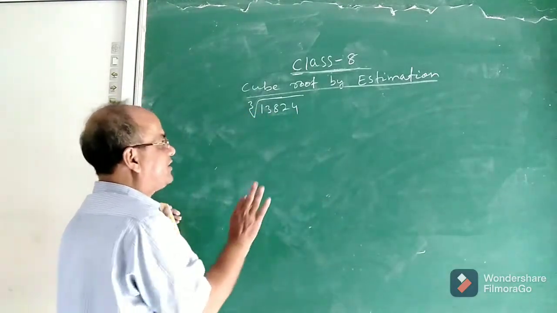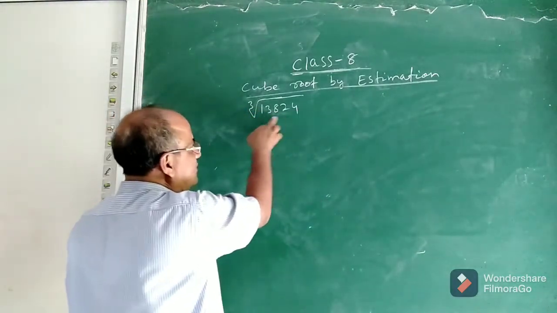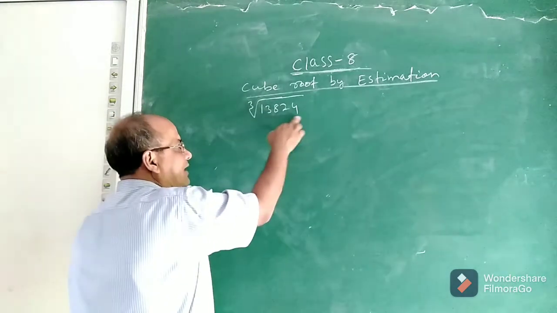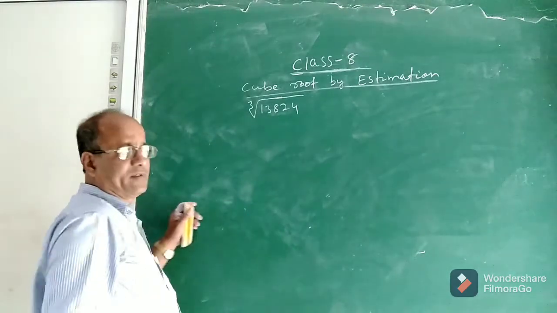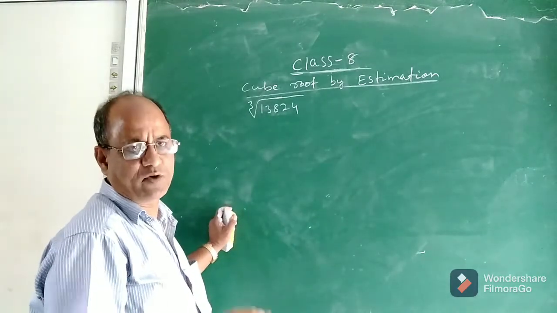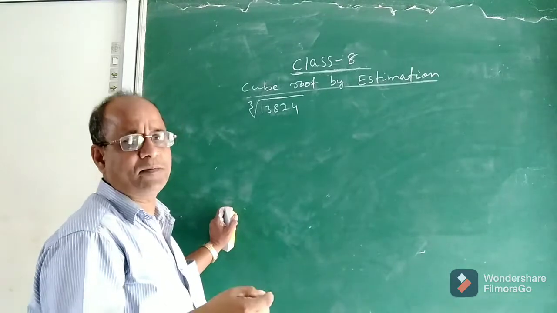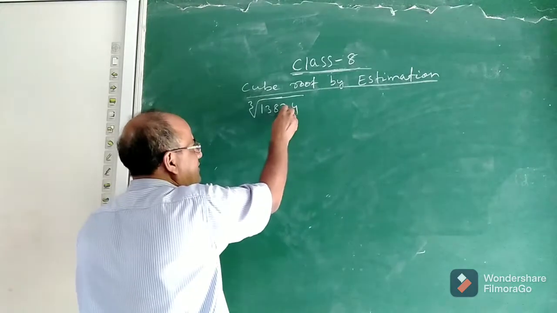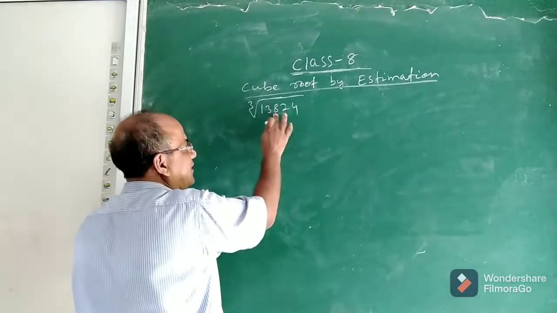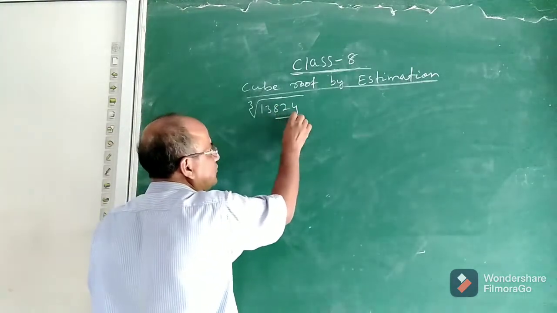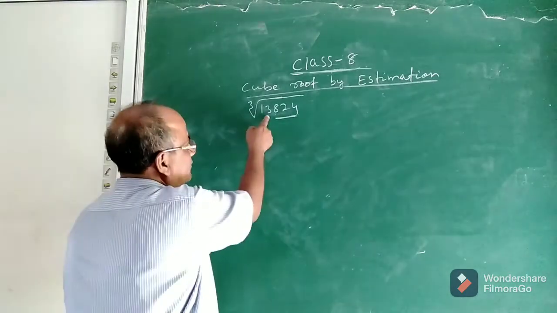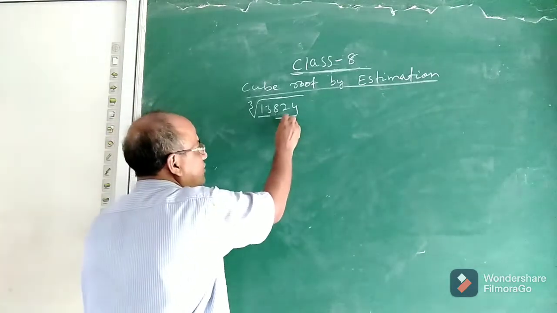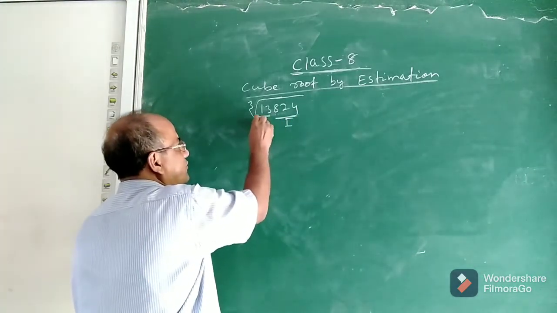The first step is, from the right, you see, this is the ones place, tens place, hundreds place. From the right, you form groups. Groups means groups of triplets. From the right, the ones place, tens place and hundreds place will form one group or one triplet. Then there are only two digits left, so this will be the second group. So this is group 1, and this is group 2.